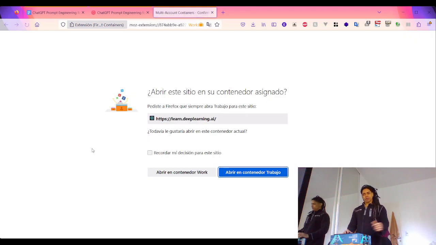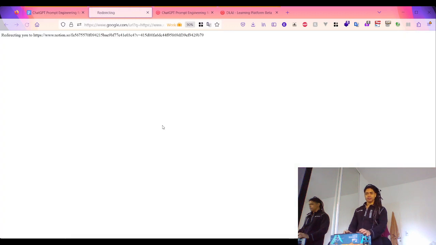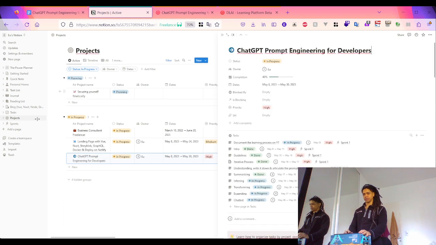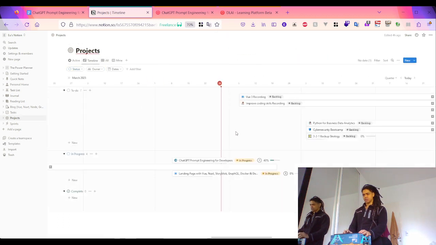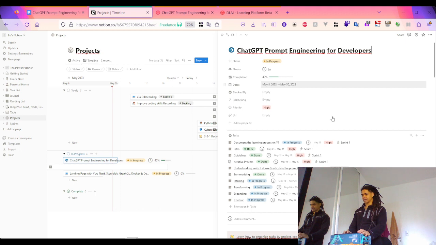So what I'm going to do here is first go to Notion, since I'm keeping track of my progress on the ChatGPT engineering course. Let me take a look at the timeline here. So I intend to finish this course by Thursday, May 30. And so far, what I have done is look at the intro, so understand about the course detail as well as the